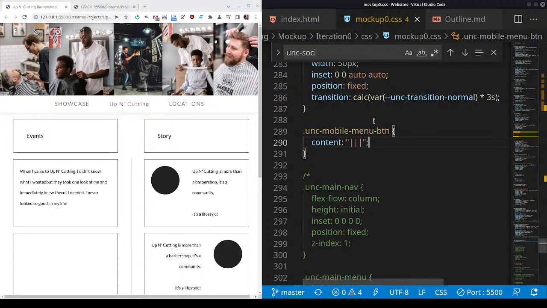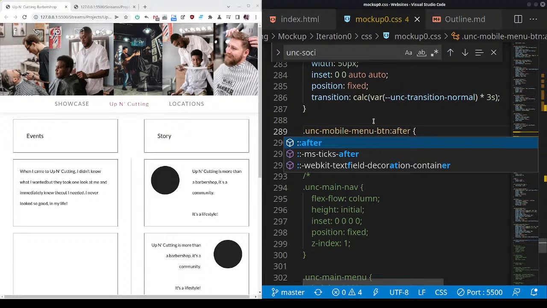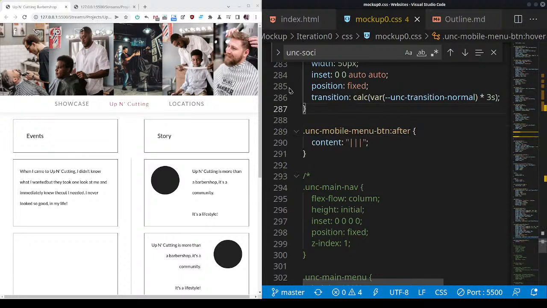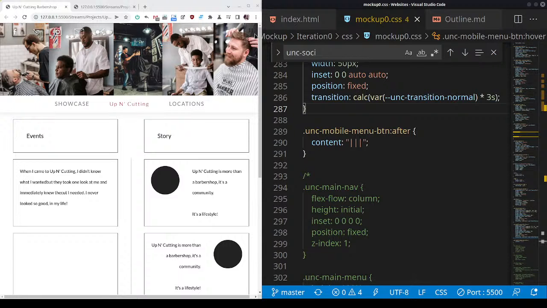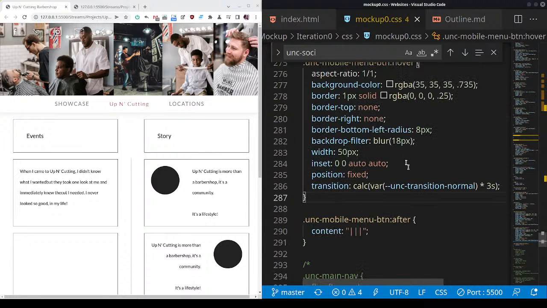This is one way you could do that. Oops, I forgot to add after. So that's one way you can do it, and then just rotate it. Or you can actually create separate items and do that as well, so that you can create pseudo elements and use those to create the